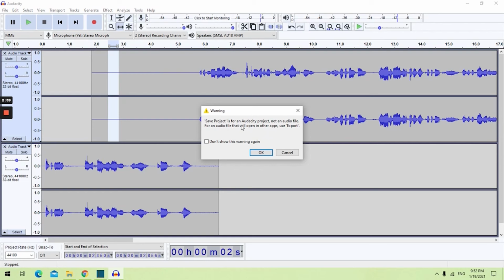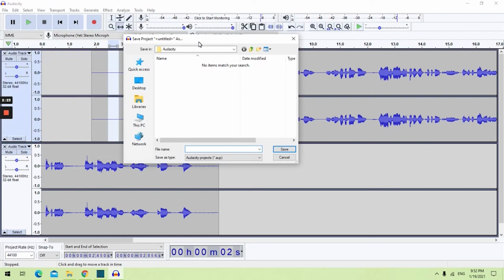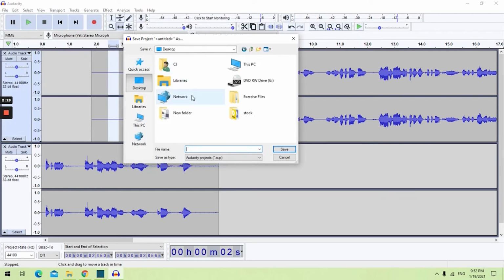And even if you hadn't saved it already, this warning will pop up. So you see, it'll tell you here that it's for an audio project, not an audio file. For an audio file that will open in other apps, you would use export, and we'll go over that in a moment. So because I had never saved this, it requires me to find a place to save this project,